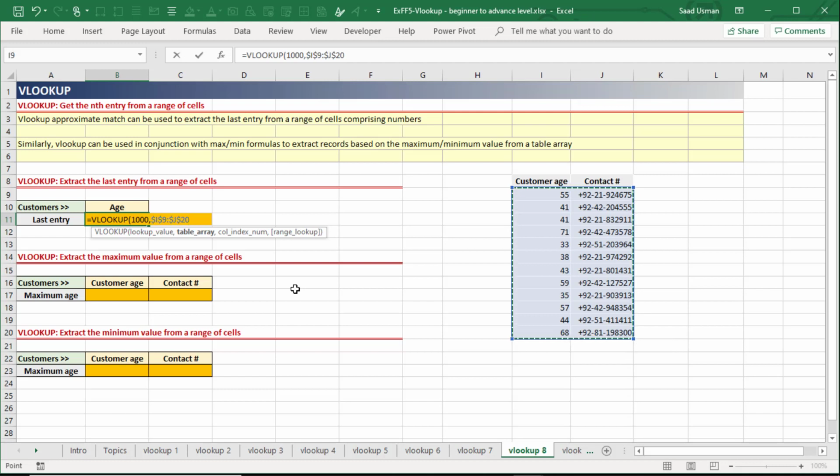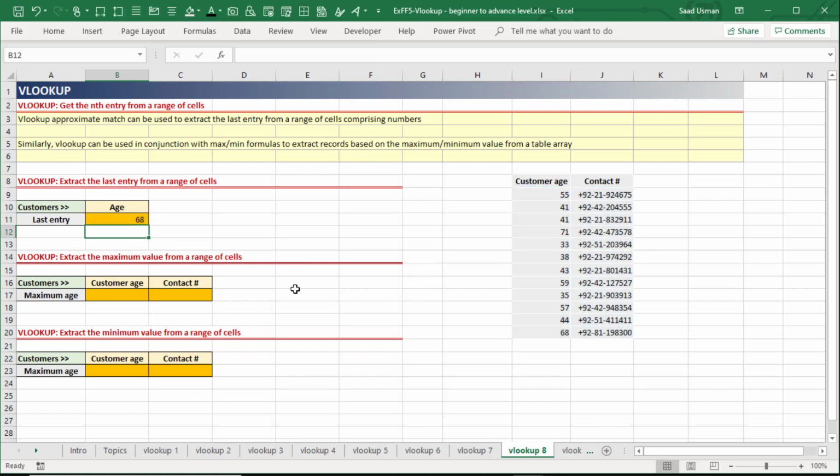I'm going to lock it, and in this case I'm going to return a value from the second column, the contact details, or rather we can get the range from the first column, the age. And in this case we are going to use an approximate match. If we use an exact match, it will return an error because there is no one with 1000 years of age. So we're going to use an approximate match, and if you press enter, we get the last entry being the